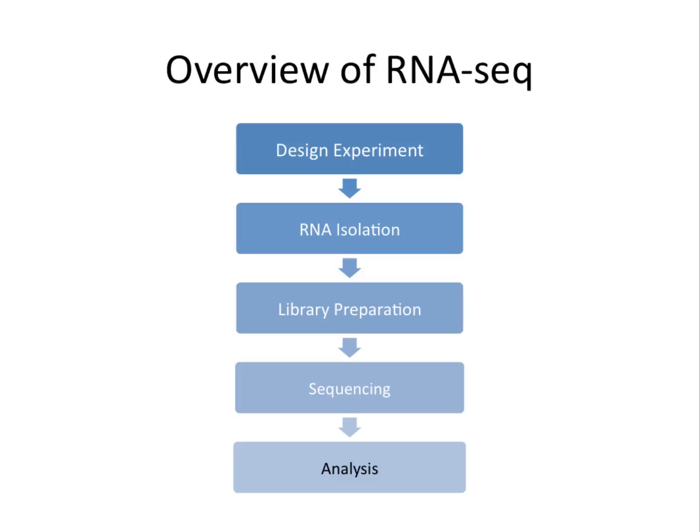Next, you'll isolate RNA from the samples you want to sequence, and either you or a core service laboratory will generate cDNA libraries that get read on a high-throughput sequencer, usually at a core facility. Once the sequencing is complete, you'll then be able to download and analyze your data if you have some experience in computer programming. If this isn't feasible, you may collaborate with a computational group or pay for computational analysis services.